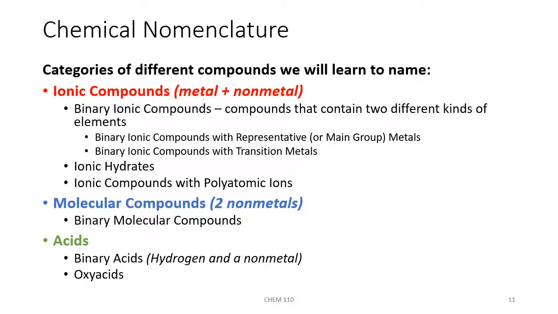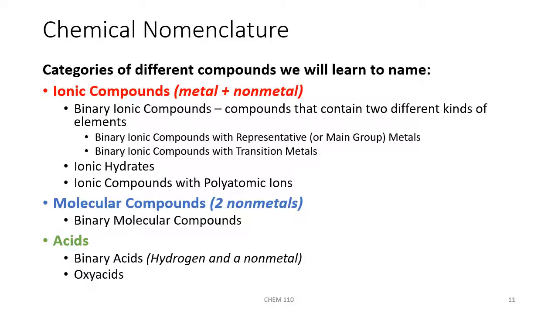Next, we're going to switch gears and focus on chemical nomenclature, or in other words, naming. Naming is a very systematic process, and there are a lot of rules to learn in order to name different types of chemical compounds. With naming, the best thing you can do is practice, practice, practice until you get the rules down. The different categories we'll learn how to name: ionic compounds, which we learned are made up of a